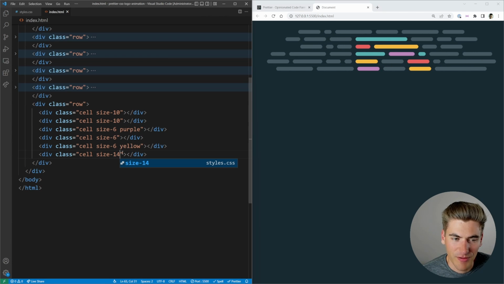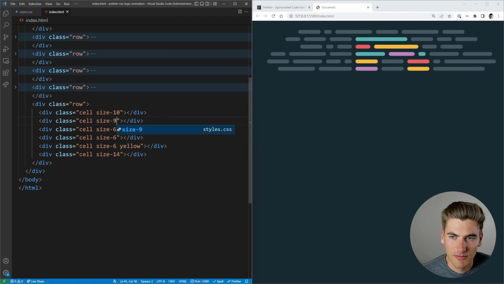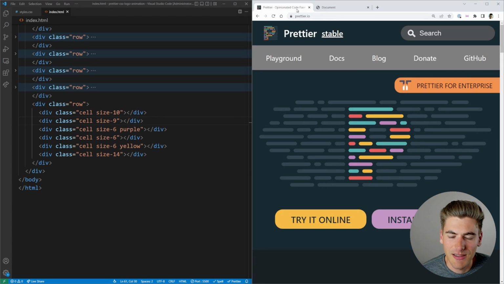Okay, not quite. It's off by half. So if I just turn one of these into a 9, that should fix it. There we go. Now they're lined up perfectly. That's looking pretty good. One thing I did notice here is if we look at this row right here, this